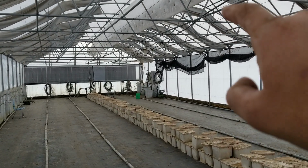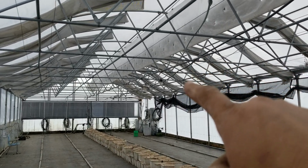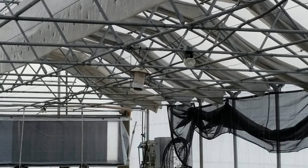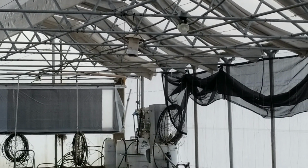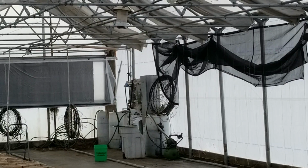The big hanging thing in the middle, right? Well, if I'm pointing, I can see where my finger is, but I don't see it in the thing. Let me zoom in. Now if I find my finger, that thing right there, that is our temp sensor for in here. It hangs on the cord and we can raise and lower it with the